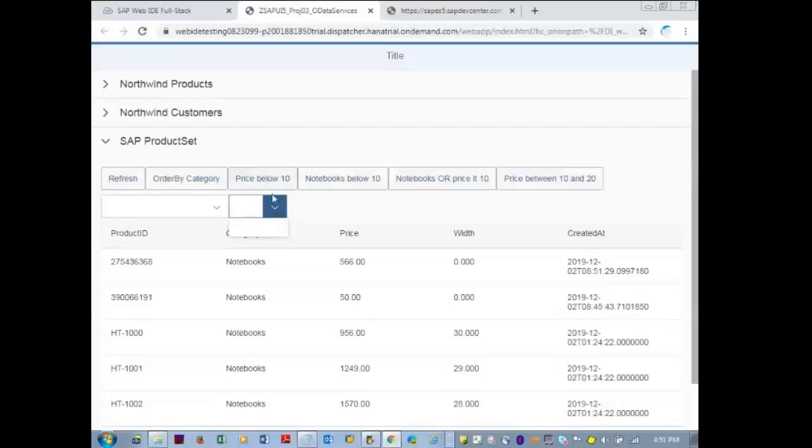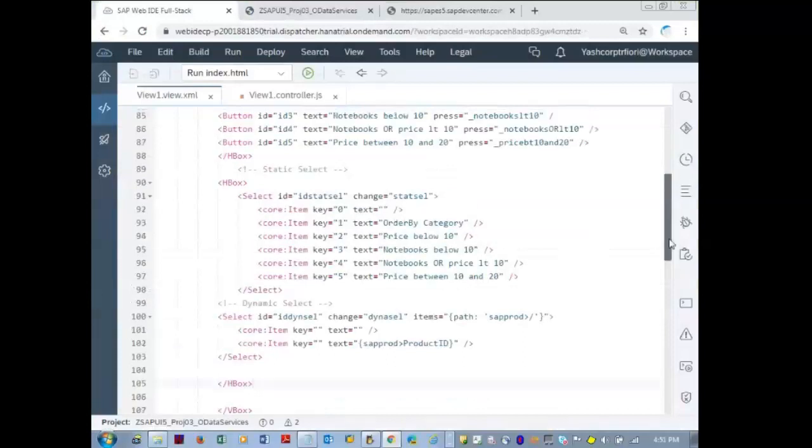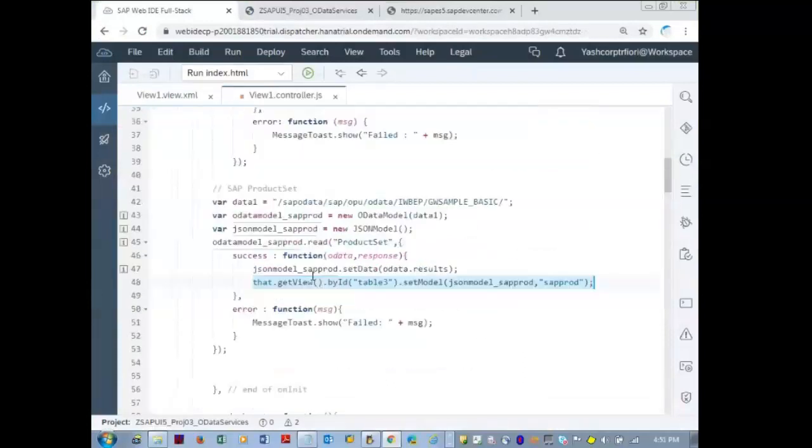Why? Because I need to set the binding also in the controller. Don't forget this step.